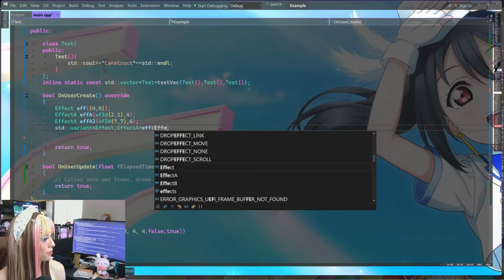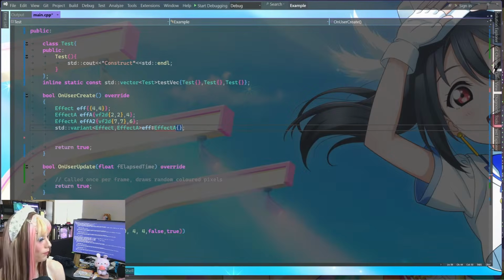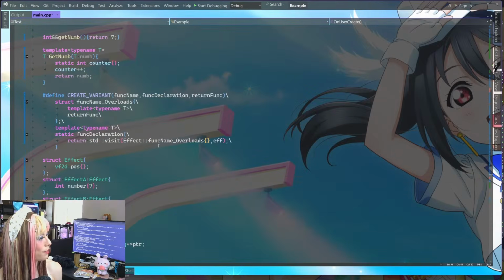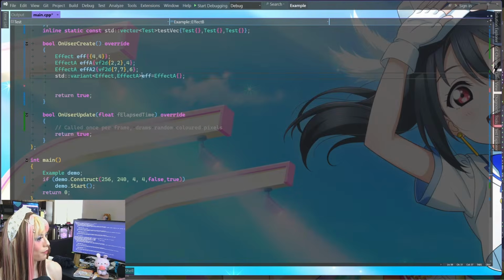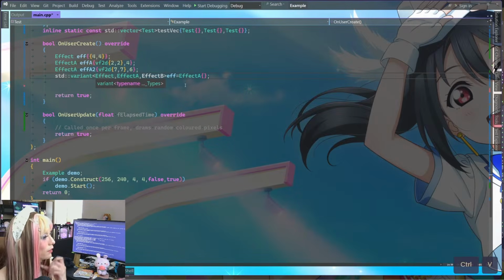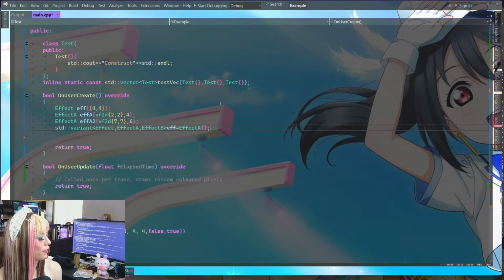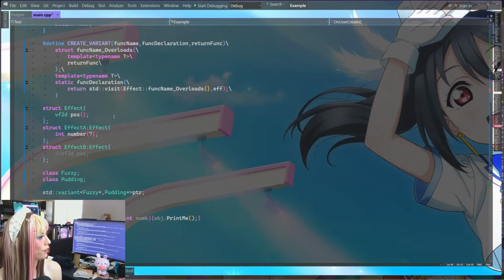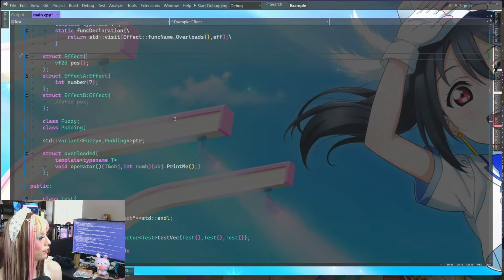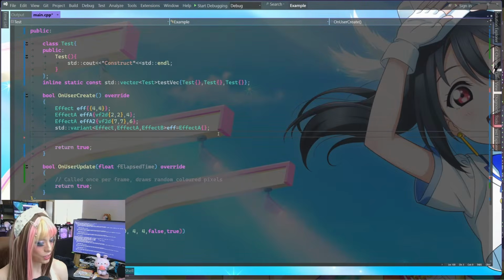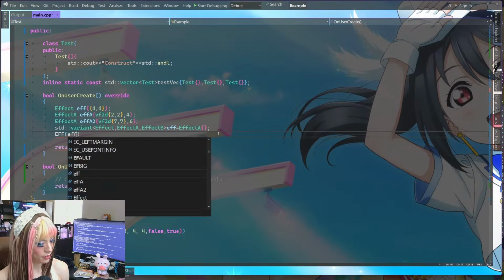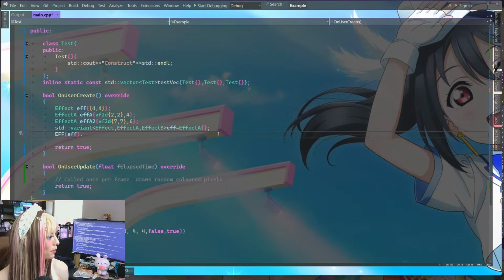Let me just set to effect A, but we can also have an effect B, which is also derived from effect, and effect had, so then we had the ability to change it, right? If we did EFF effect, we could do dot number.